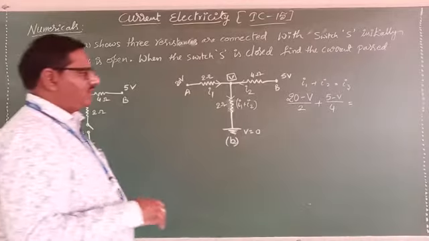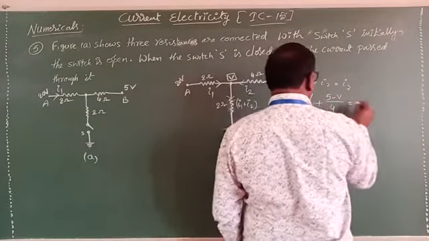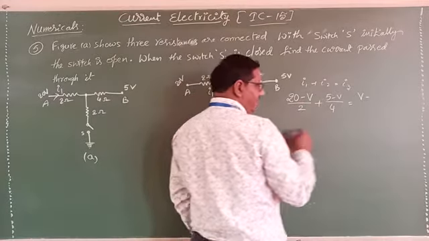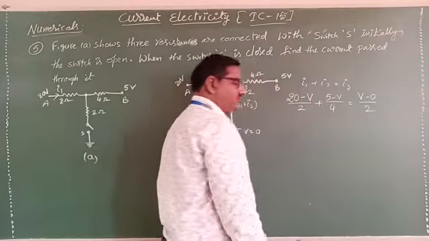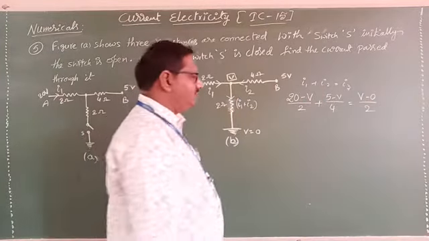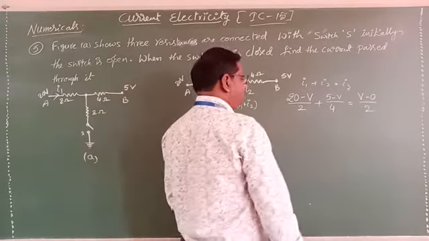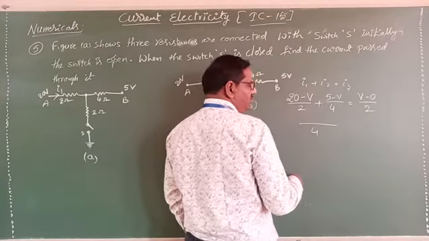Clear? Now what about here? Here potential we don't know. So here potential how much is it? Grounded means 0. Here resistance will be 2 ohms. Now we can measure the potential here. Then after we will measure the current across the meter. Now if you take LCM here, 4.